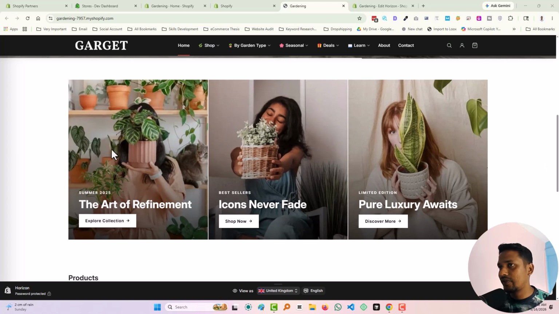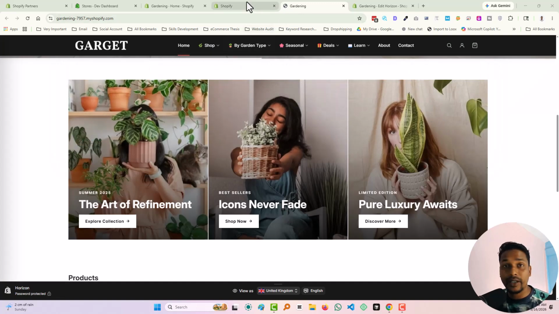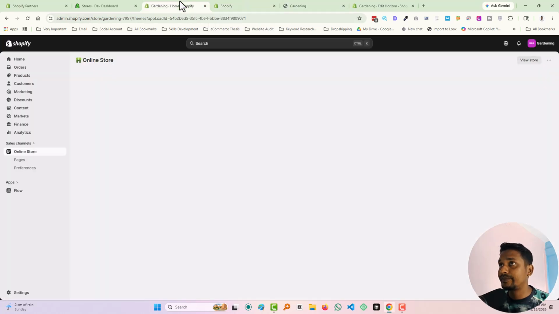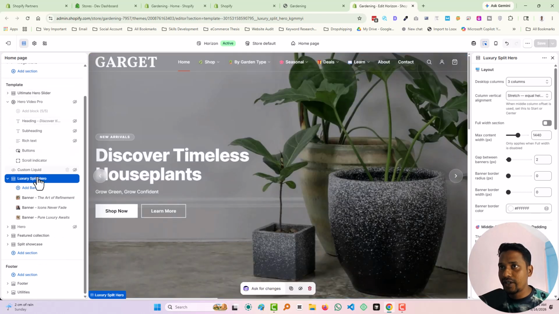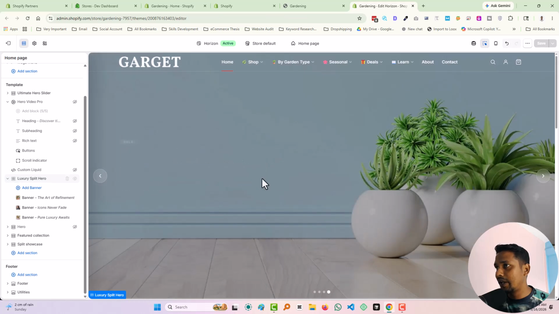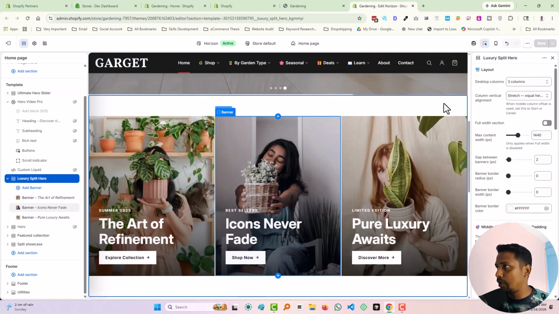First of all, you can see that I have added 3 blocks in here, and if I go back in the customize section, here is the customize section. It's called luxury split hero, and it has maximum premium options. For example, we can set